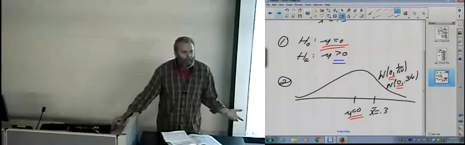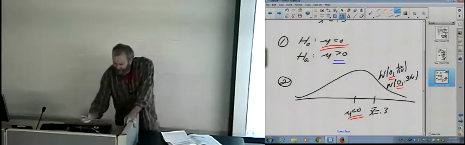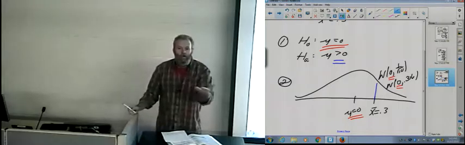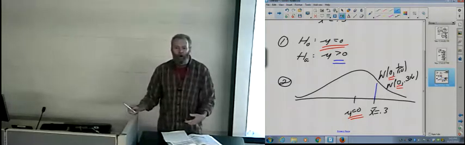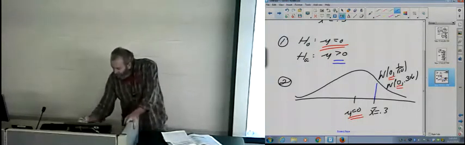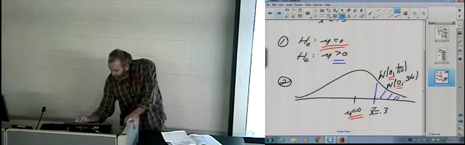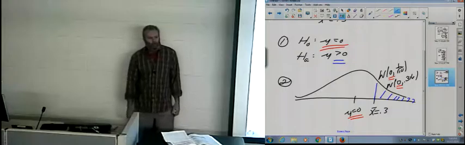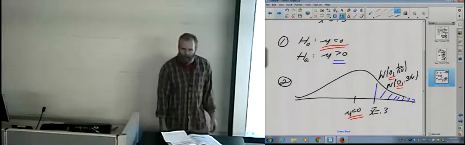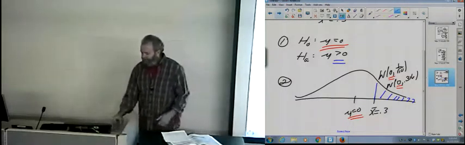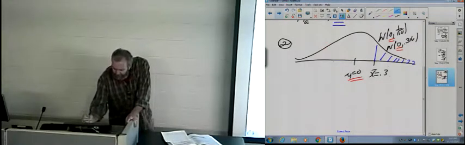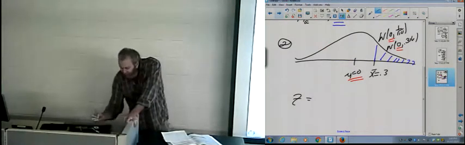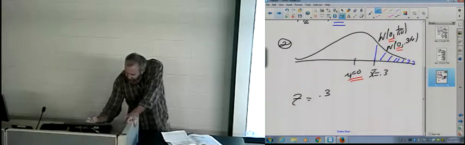If I want to find the p-value for this one-sided test, the alternative is telling you which way to look from your x bar. You're supposed to look to the right. The alternative is telling you which way to look. It's telling you to look to the right. Okay? So when I come down here to calculate my z-score,